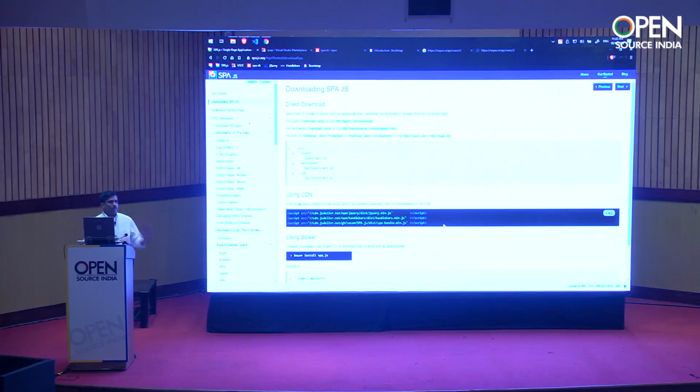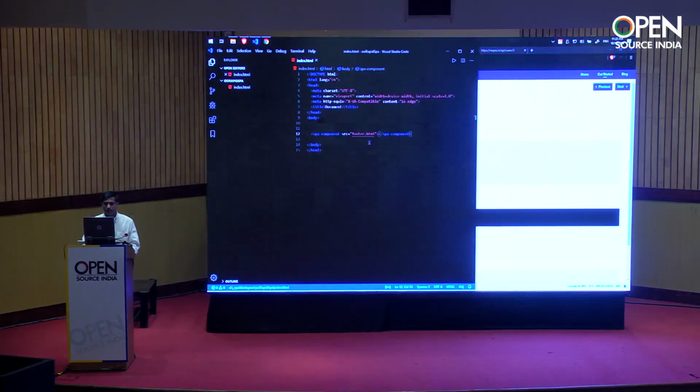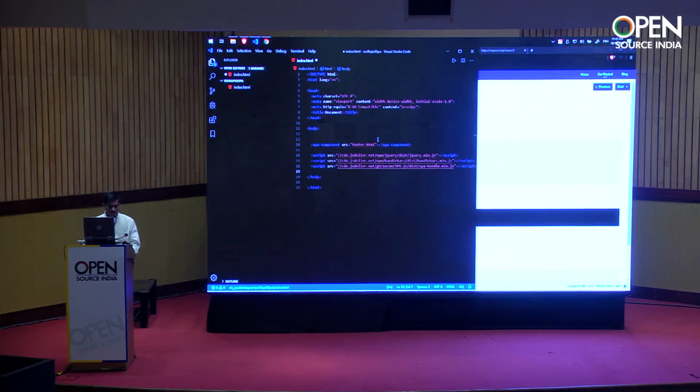People may cry, I don't want jQuery. There are some communities working on a "you don't need jQuery" movement. But we need to have it, whether you like it or not, or you can write it yourself, a simple thing. Whatever it is, we have jQuery right now. So I'm going to use this in my code. I copied the CDN. Hope my network is good today. And so I got the required bundle. Now with that, I should be able to create one simple